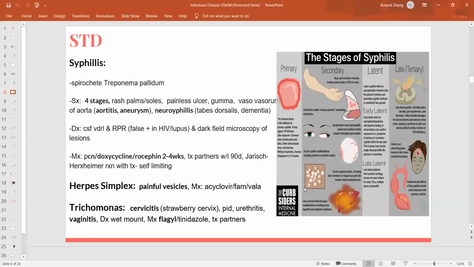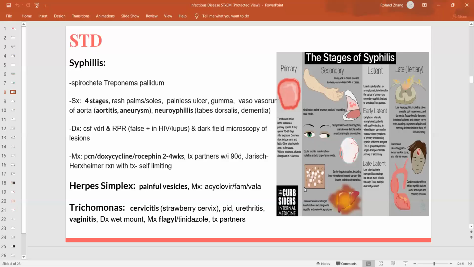The way you treat this is, if it's the first stage, you can give them penicillin, but after that, it's a prolonged course of 2 to 4 weeks. You can do penicillin, a third generation cephalosporin, or even doxy, and then you've got to treat their partners as well. Just know that it doesn't really pertain to us in the ER, but when they're on the floor,